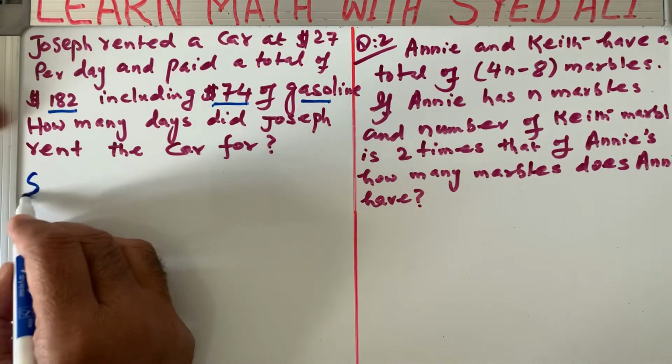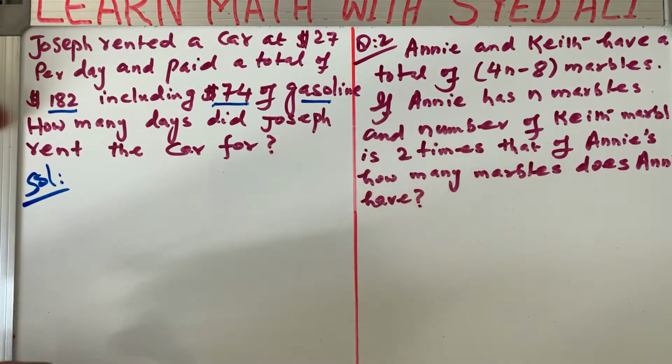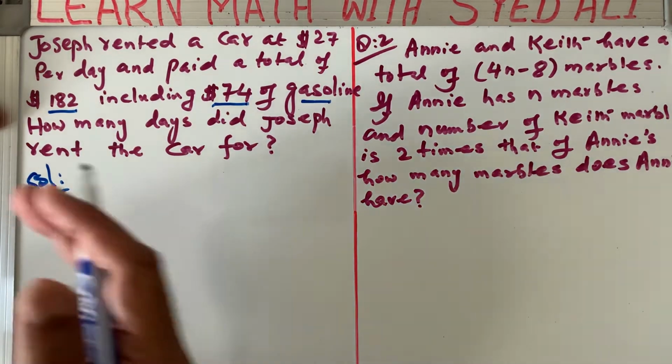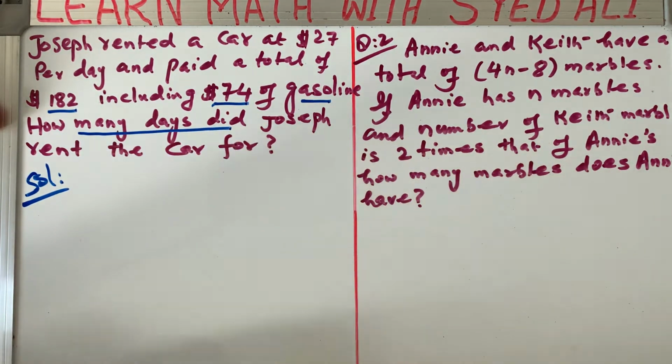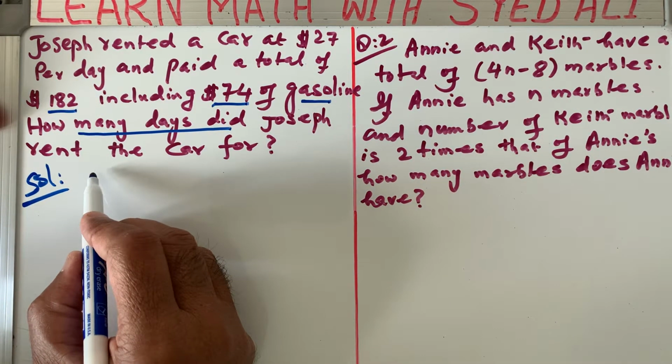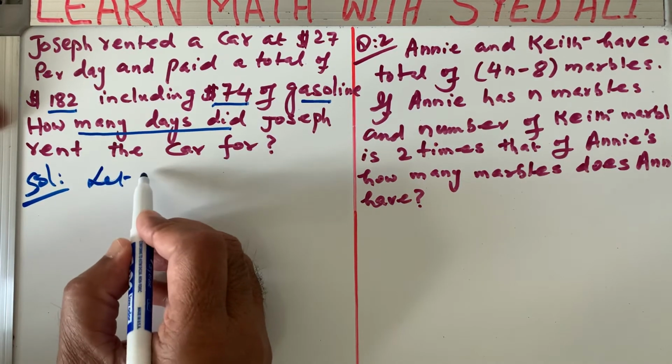As we discussed in the previous lectures, we have to assume a variable if it is not given. The variable in this case is not given, but we have to find out how many days Joseph rented the car for. So we will suppose that let